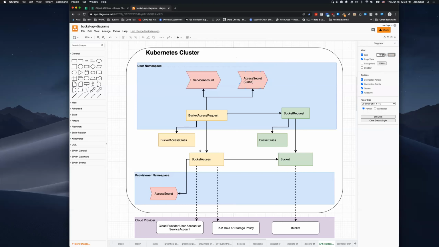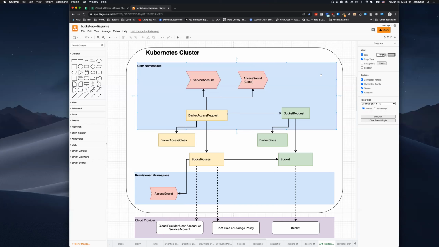Assuming though that we're using secrets here, if the CSI driver can help us cut out one of these steps, that would be pretty beneficial in terms of elegance anyway. Also, correct me if I'm wrong, but this would allow for a different cardinality, right? You wouldn't have to have a one-to-one between bucket access request and bucket request. You could have one bucket request in the namespace and have several different workloads have their own access requests for that bucket,